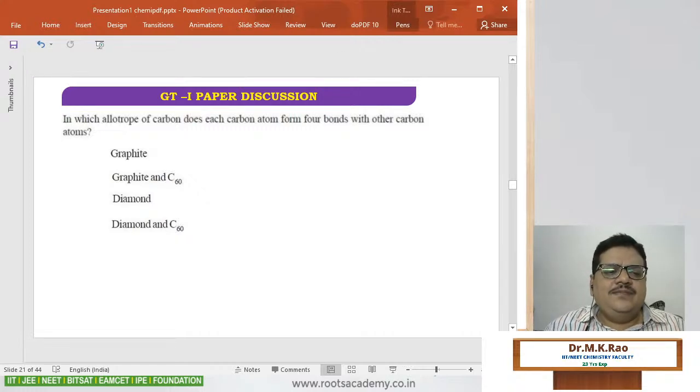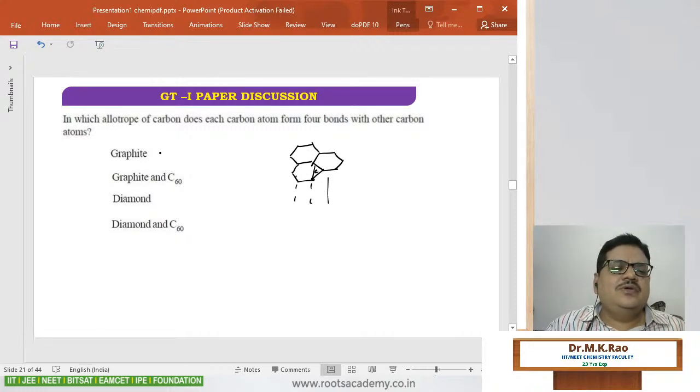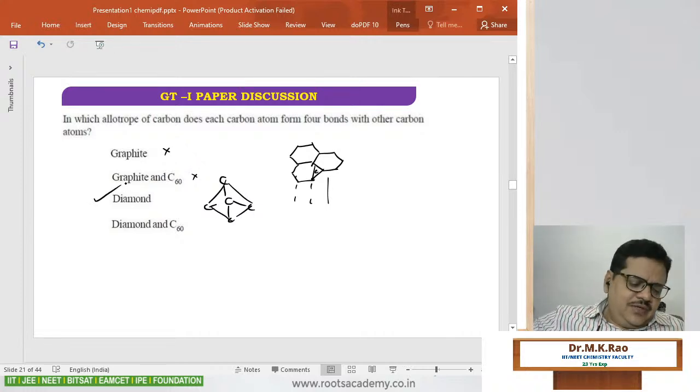If you consider graphite, each carbon is linked to only 3 other carbons, like this. This is graphite. So it is not graphite. Only in diamond is each carbon connected to 4 different carbons. So, option C. Next, question number